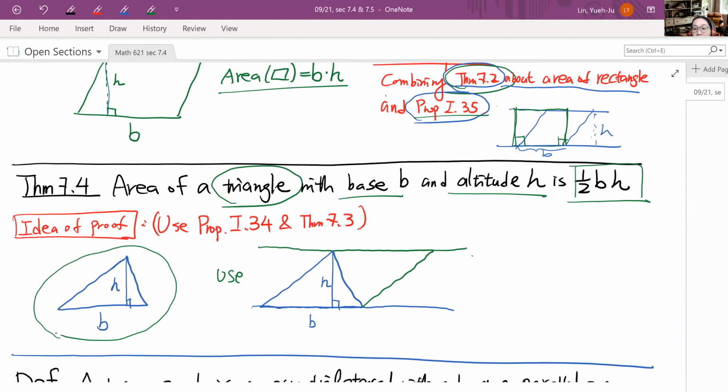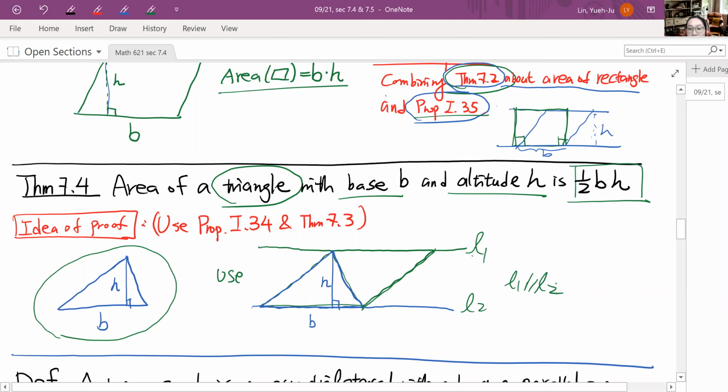Then essentially, say we don't know anything about the area of the triangle yet, but we know the area of a triangle is half of the area of the parallelogram if you double it, right? So the idea is, on the existing triangle, you build up a parallelogram. So this is essentially the parallel side, right? And so you can see that we already know that if you have a parallelogram, if you draw